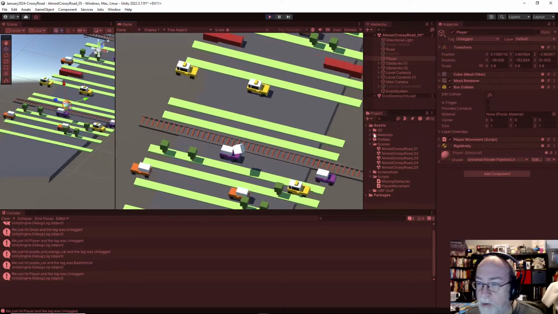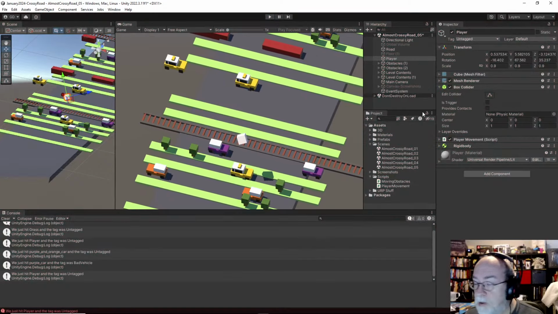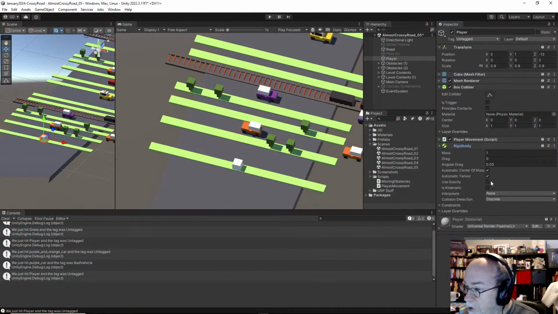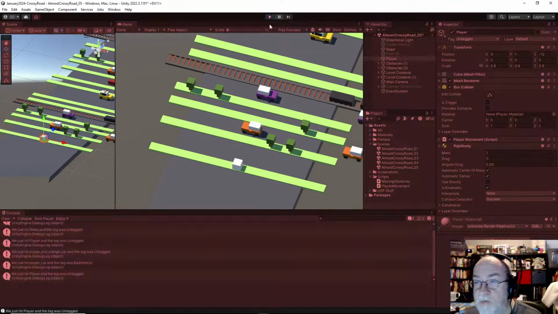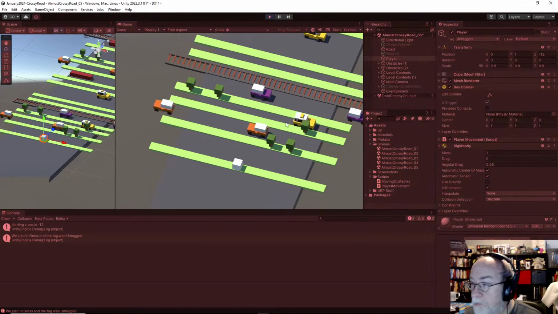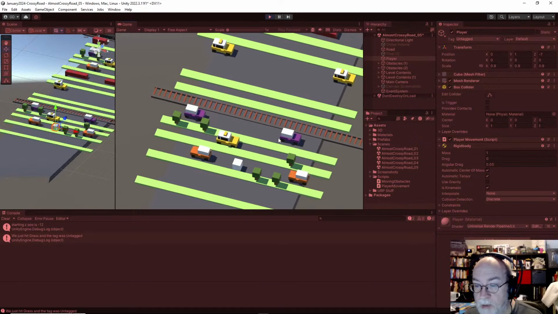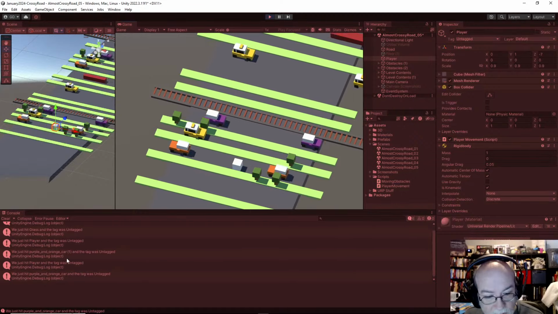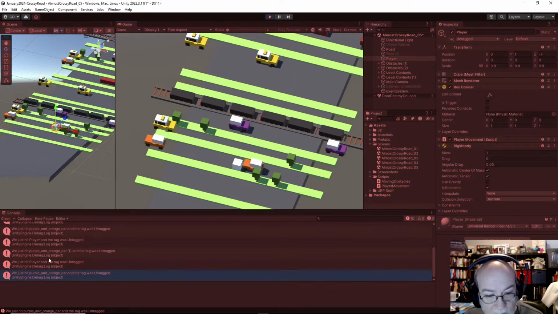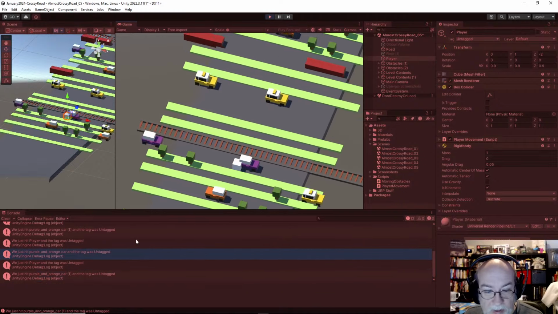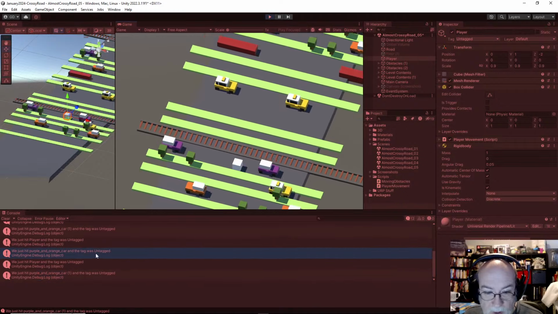Oh, well, that's not fun, is it? Okay, rigid body is kinematic. And freeze the rotation. Probably overkill. That's fine. Is trigger. I guess if it's not a trigger, then it's going to be getting knocked around by things. Nope. There we go. Just hit this, and it was that. We hit this, and